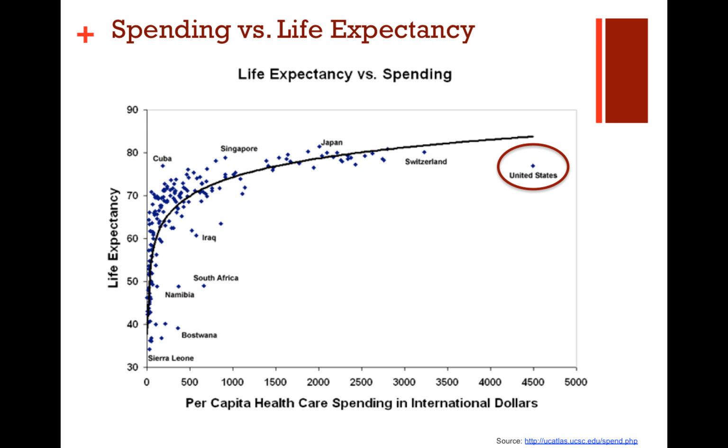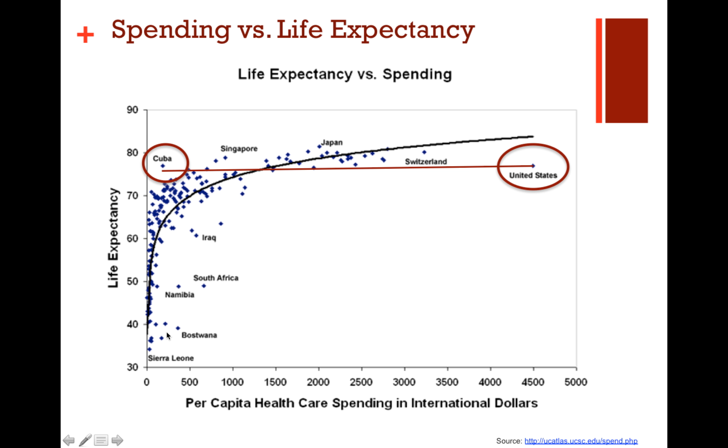Just to show a different way, this is the curve, so per capita healthcare spending, and this is life expectancy. What you want to see is you want to sort of fall somewhere over here, right before this curve. This is called a return on investment curve. What you want to do is be able to spend relatively little, but still get good life expectancy. So that's the United States. This is Cuba. Cuba spends very, very little, but has very good life expectancy. The United States spends a whole lot and gets about the same for life expectancy.